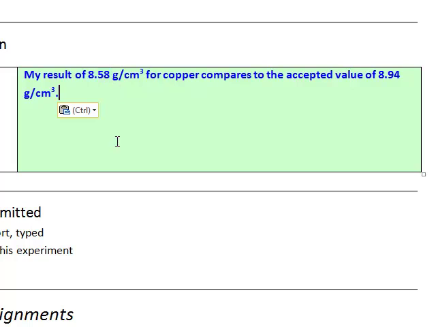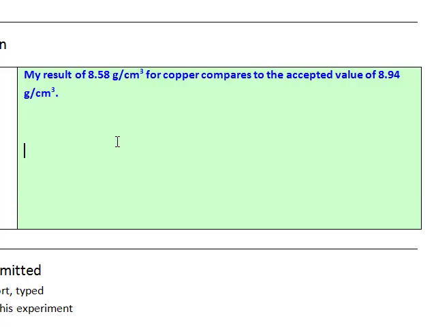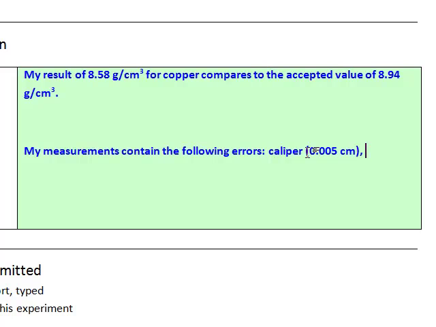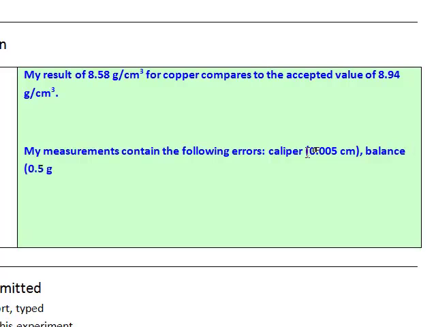So for my error, I would say my measurements contain the following errors. So one too many R's there. There we go. Caliper, .005 centimeters. The balance, 0.5 grams. And these are, I'm sorry,